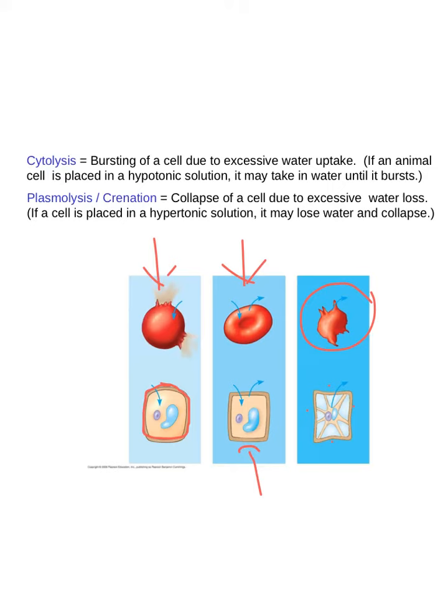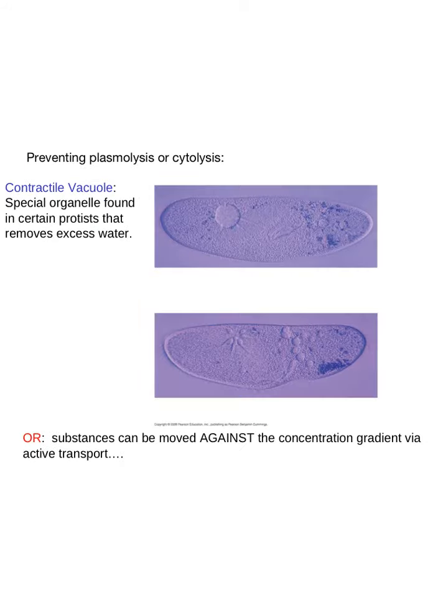In the case of animal cells, this collapse we call crenation. In plant cells, they call it plasmolysis. Now, if the cell happens to be in a hypertonic or hypotonic situation, that doesn't necessarily mean it's going to die. It could, but